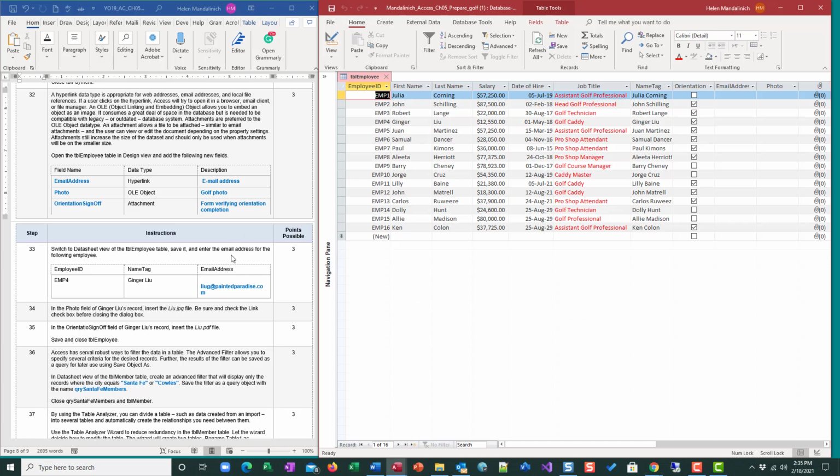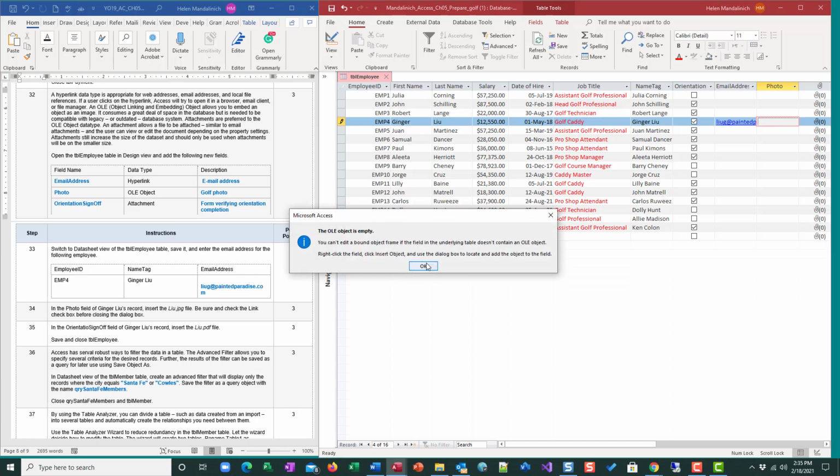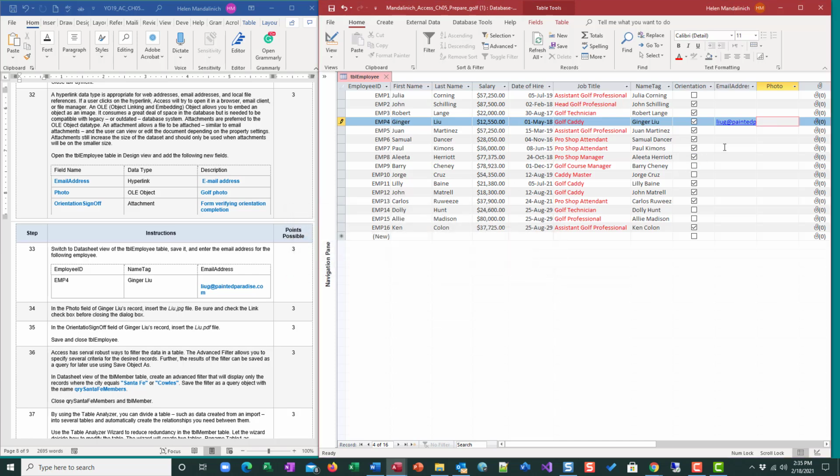Datasheet View and add the, let's see, EMP4. So we're going to come over here to Ginger, and we're going to do LIUG at paintedparadise.com, right? So now that is a linkable address. And then in the photo field, we're going to insert